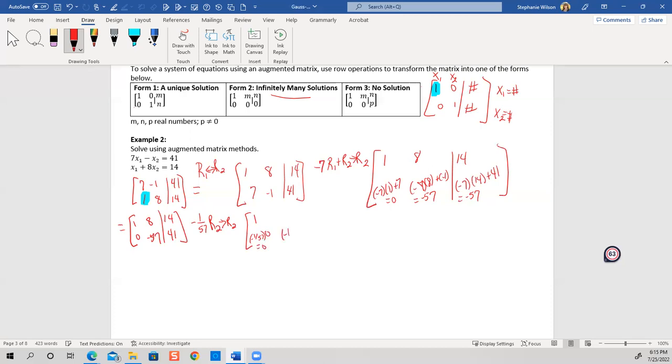-1/57 times -57. Well, a negative times negative is positive. 57 goes in 57 once. Put the 8 above it. So now I got 14 over here. Okay, so now let's take the